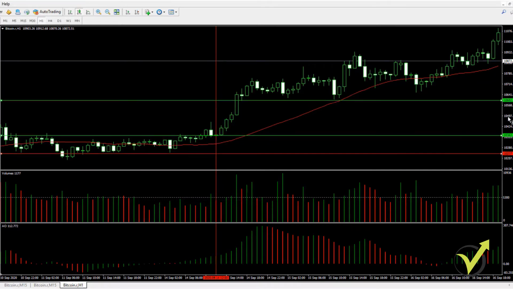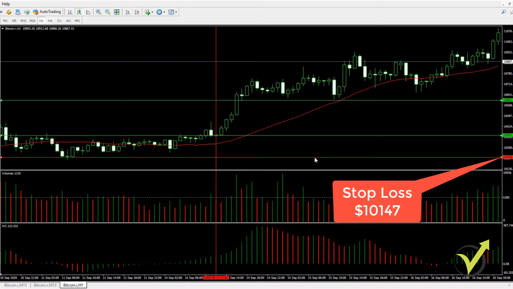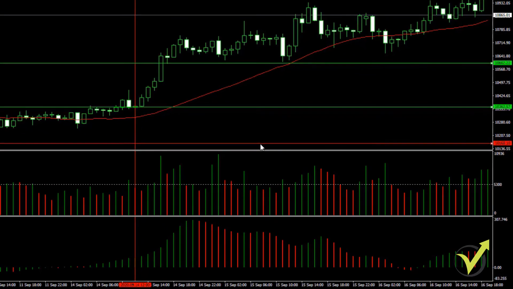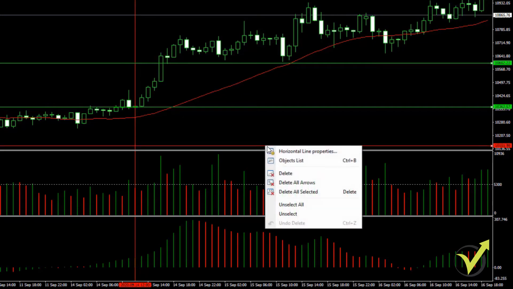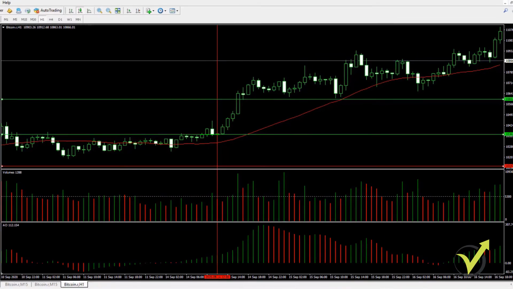and I will drag it $215 lower. So we have entry at 10,362 minus 215. This is 10,147, if I'm not wrong. All right, here it is, right here. Okay, I'm trying to put it exactly, but it's hard because I am on the hourly chart. So it's 10,147. Okay, I'm not calculating the cents, just the dollars.